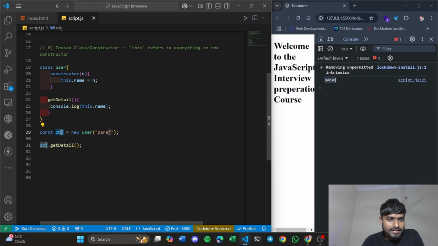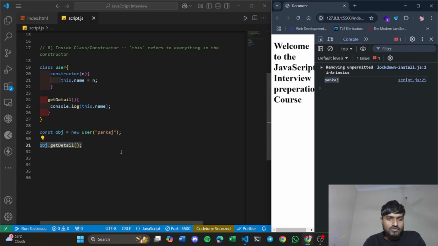So here you created an object of this class, and inside this object you provided this name, right? So this constructor will provide the name field inside this object as Pankaj, and you will have access to this function inside this object.